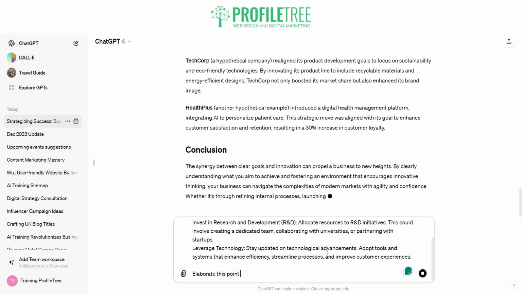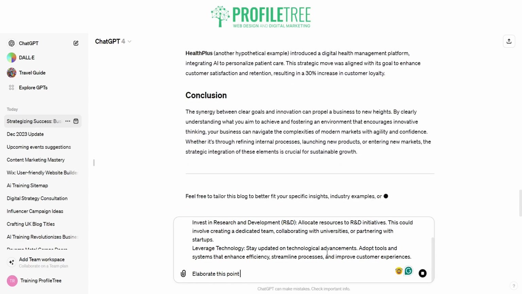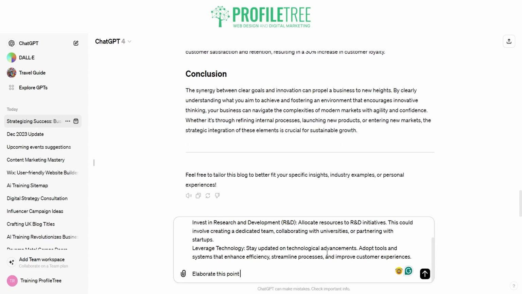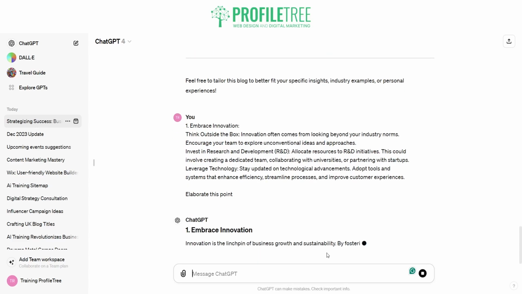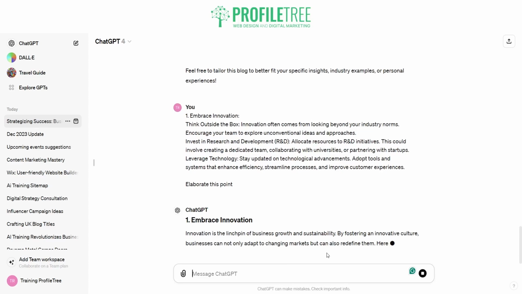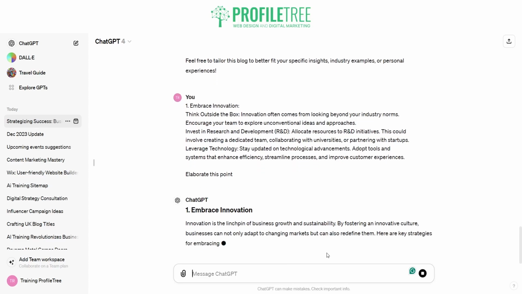Now, you should always proofread it. It doesn't have to be for a blog post. It could be for any other topic that you talk about. So again, it's best to just take a look and read over it before actually publishing it or using it for anything. Just wait for this. So there you go, it's structuring this a little bit better. So that's one of the ways you would use